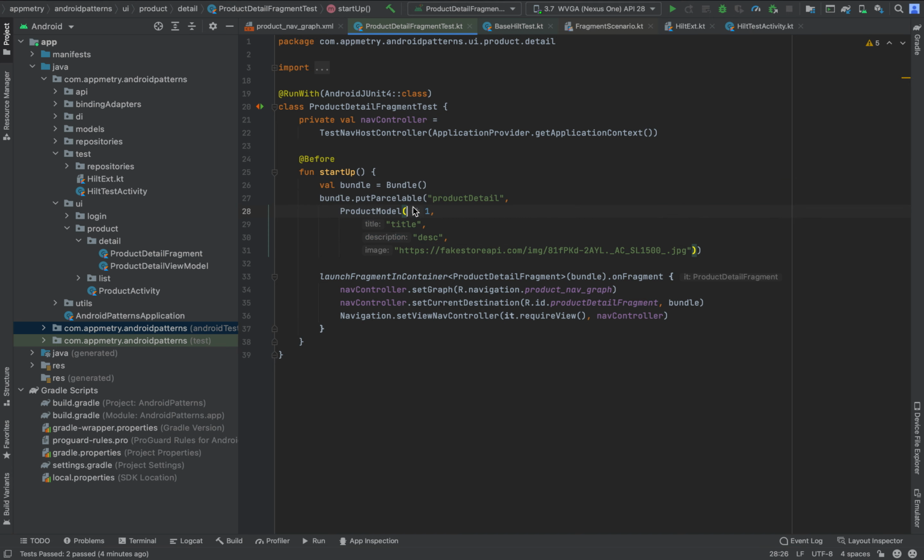So we have created a bundle and we have defined a dummy product model, and this model will be passed inside the product detail fragment when it is initiated. Once it is initiated, we need to set the graph for the navigation controller. We know our navigation graph is product_nav_graph.